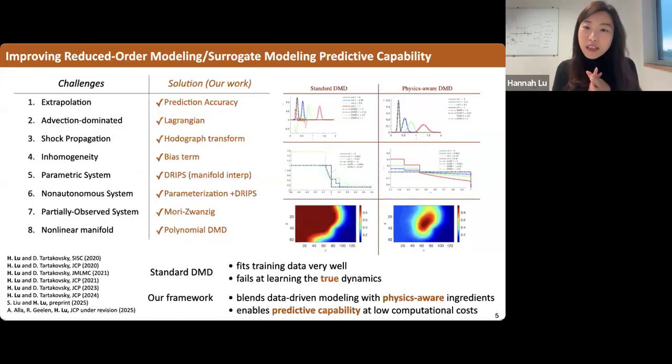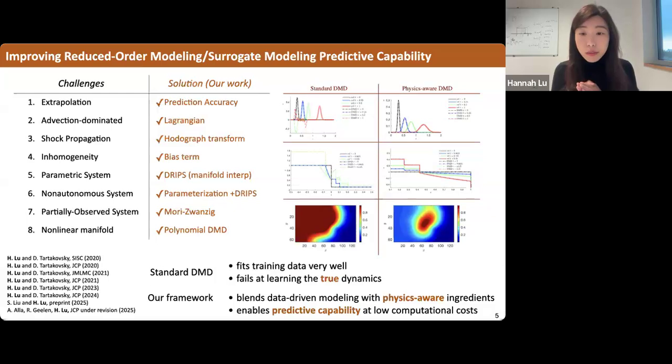Basically, the first part is more around methodology development. Mostly, I was doing this during my PhD. We were studying a pure data-driven modeling tool called dynamic mode decomposition, DMD in short. We find standard DMD fits the training data very well, as I showed in the previous video, but it fails at learning the true dynamics of the physical systems. Like the movie I showed earlier, we can see it fits the data very well, but in prediction, it's just